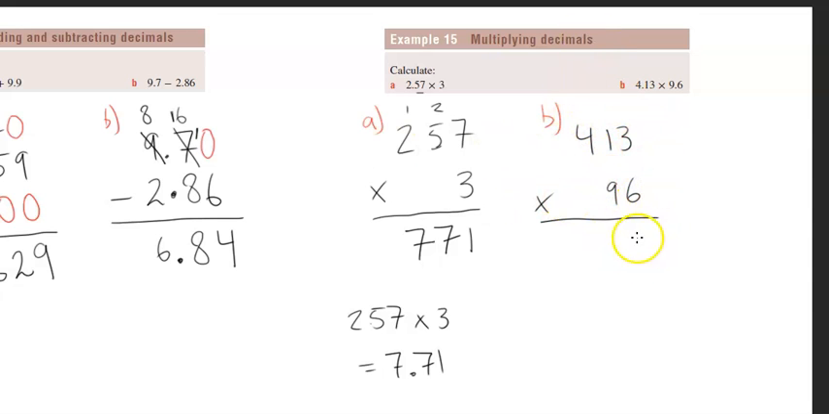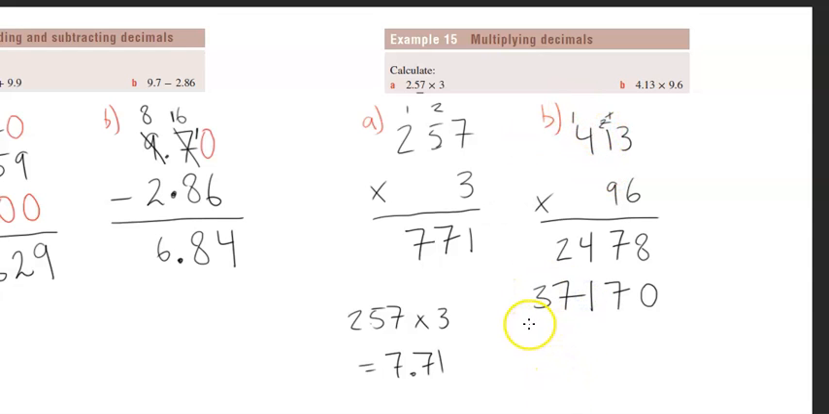6 times 3, 6, 12, 18. Carry the 1. 6 times 1 is 6, plus 1 is 7. 6 times 4 is 24. Now we're gonna multiply the 9. We always must remember to put the 0 there because we're multiplying 10s or 90s. So 9 times 3, 9, 18, 27. Carry the 2. 9 times 1 is 9, plus the 2 is 11, carry the 1. 9 times 4 is 36, plus 1